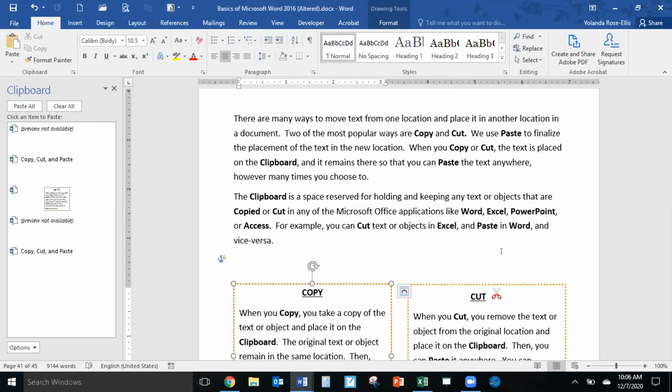And let's go ahead and cut the text box, the cut text box. How do you select the text box? Click on the border. Right, you have to click on the border, the dashed line, that yellowish, orangish dotted line. That's the border of the text box. So click on it